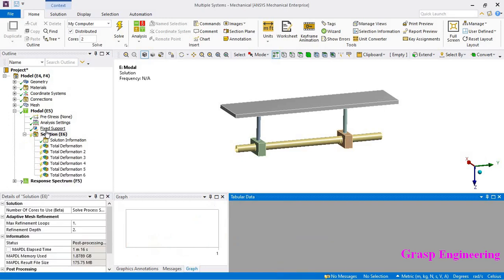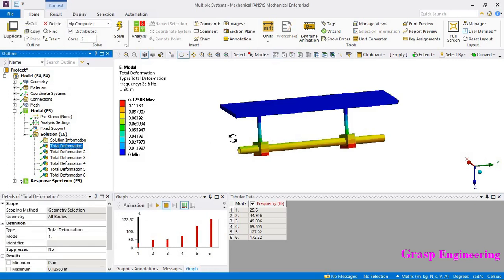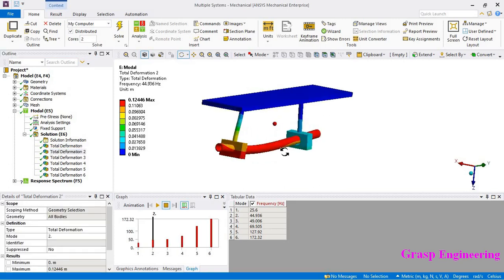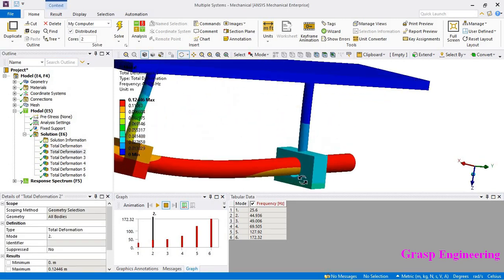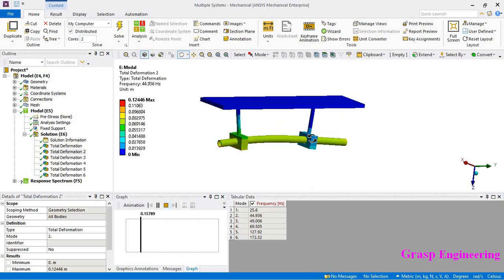So let's create the mode shape results, evaluate the results. Okay, now you can see the different mode shapes. So this is the first mode shape, and this one is the second one, and here you can see that there is some slight movement because this is the fixed joint and this is your translation joint. So you can see that.